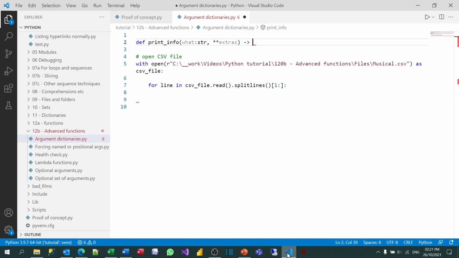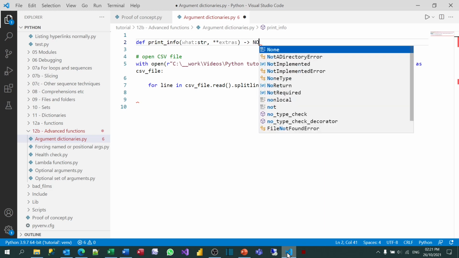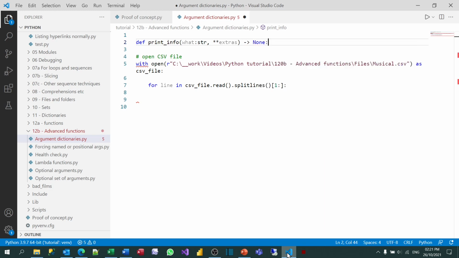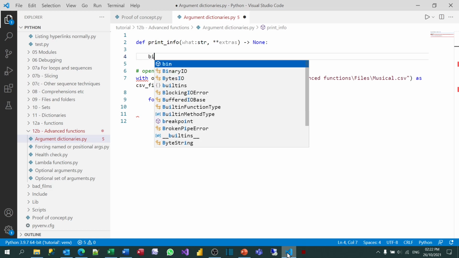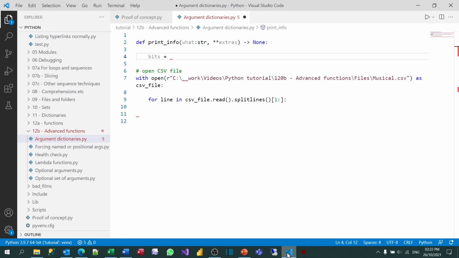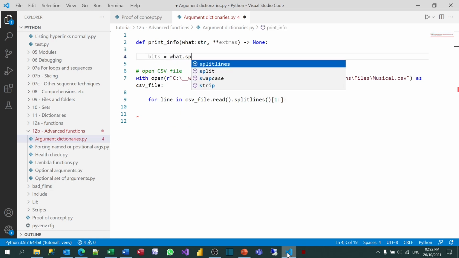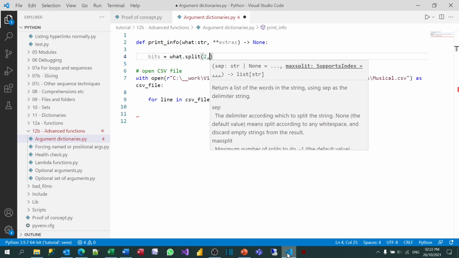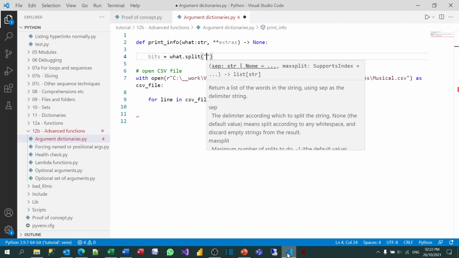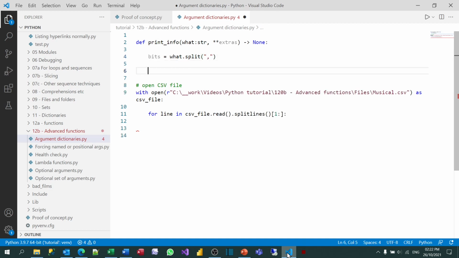The thing isn't going to spit anything back out, it's just going to run and stop, so I'll just put that it spits out none. What I can then do is print out the line. To do that, I'm going to create a variable, I'll call it bits, which will take the line I passed in and split it by the commas. It will give me a list with 5 items in it. What I can then do is work out which bits I want to pick out